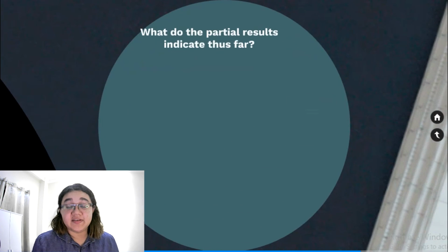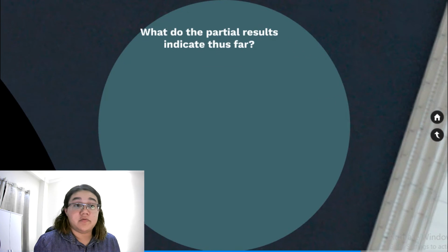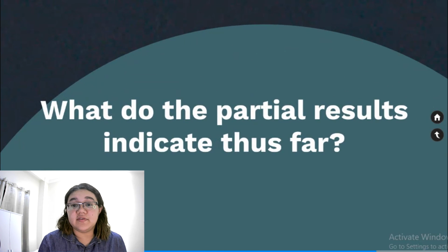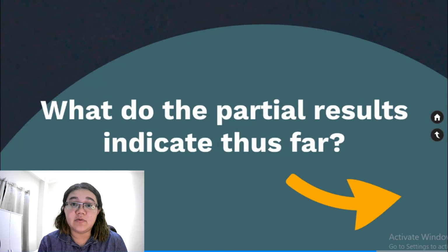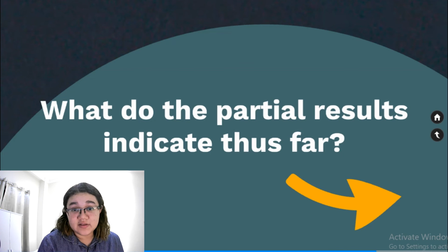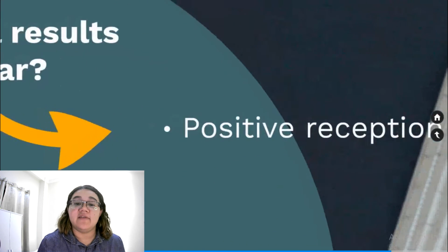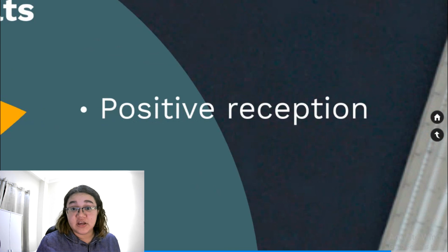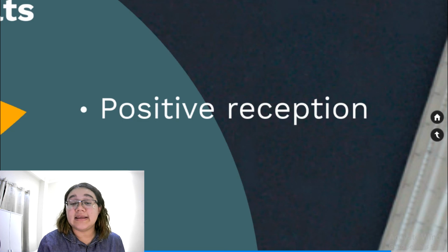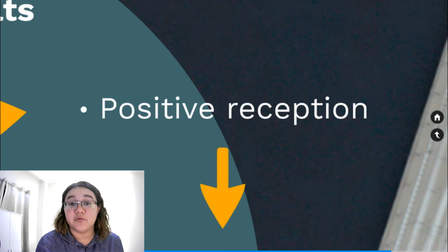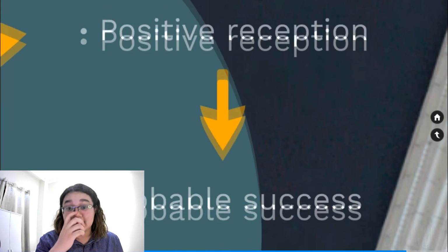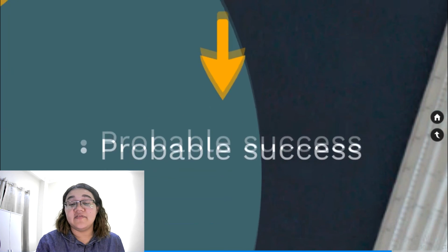What do the partial results indicate thus far? The partial results of our research show that all students that participated in the research have familiarity with digital technologies, they know how to use them, and more than 80% of these students have already recorded videos before taking this course. The students have shown a positive attitude towards the activity of recording videos because videos and audiovisual production is something that they are all interested in, as indicated by their interest in YouTube. This positive reception and the results that we collected thus far indicate that we will probably have success in the second phase of our research.